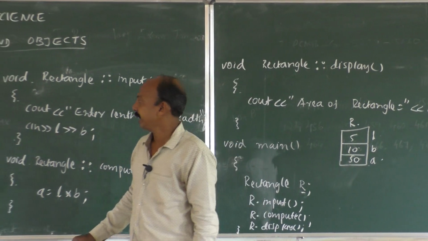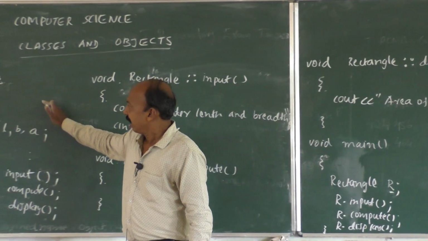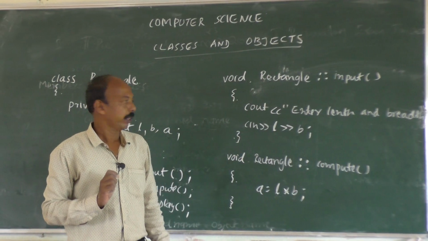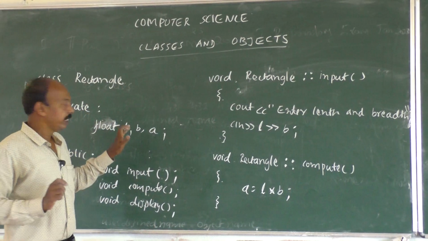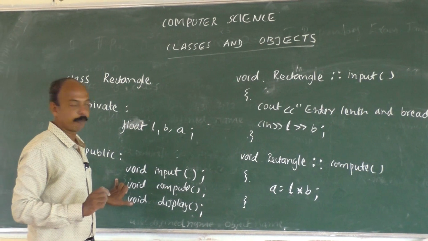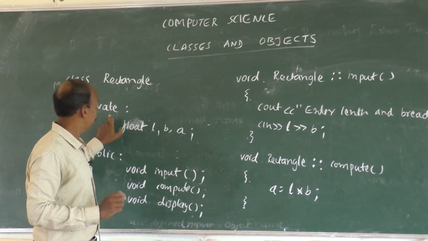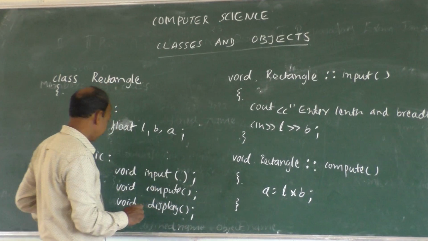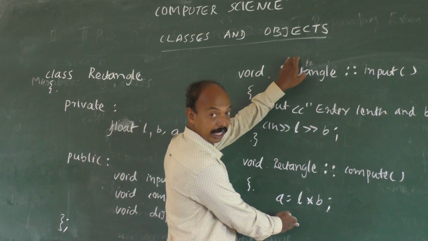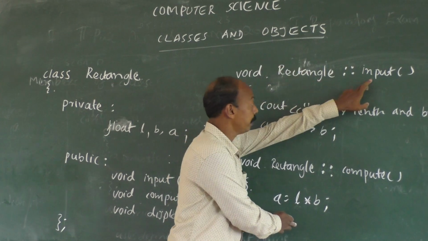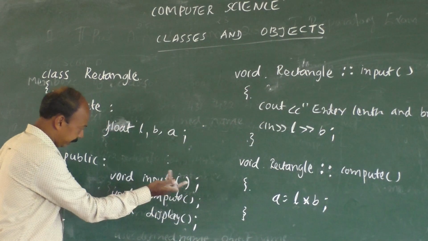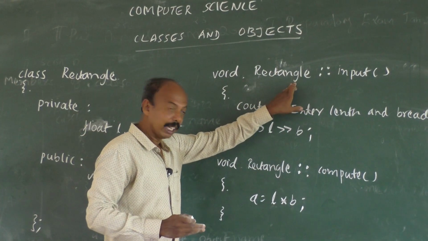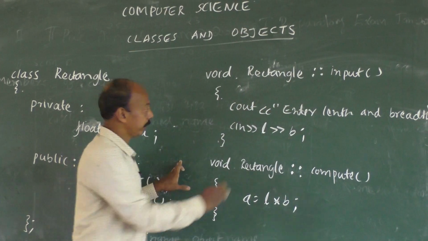Now just have a look here. We have written the access specifiers, private and public. Already we have discussed the difference between private and public. If it is private, what happens? Only inside the class we can access it. Inside the class we can access it in the sense, don't get confused, we have written it outside the class. No, it's not like that, because input is a function of this class. So even if you define it outside the class, still this is a function of the class. So here it is available.